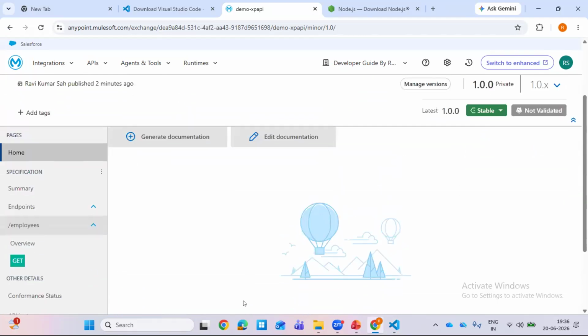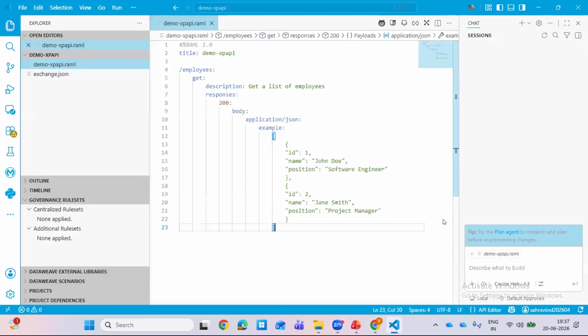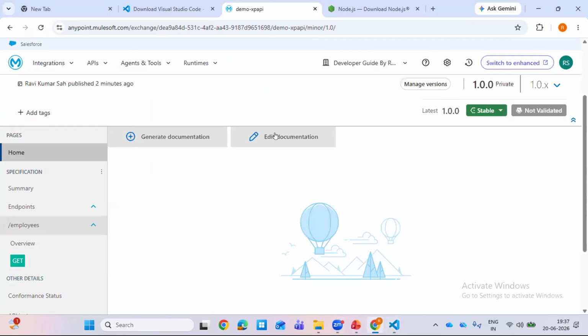If you are done till this point, please reply with done in chat. Okay, it looks like publishing is already done for a few people. I think most of you have done the publish. So once you publish your RAML on Exchange, one thing you will observe here, if I go